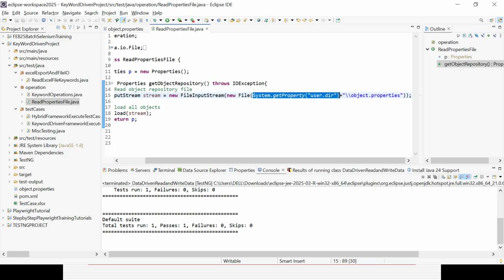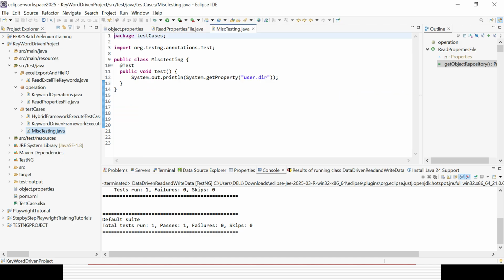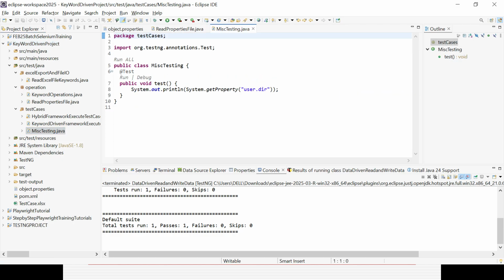System.getProperty("user.dir") will give your current project path. That is the reason I am using it, because tomorrow you may want to import it from the GitHub repository and run it from here, and it will still run, because you are giving the current project path. It is not someone's C drive or D drive location path. So how can you get it? Simply System.getProperty("user.dir"), and if you just try to run it,